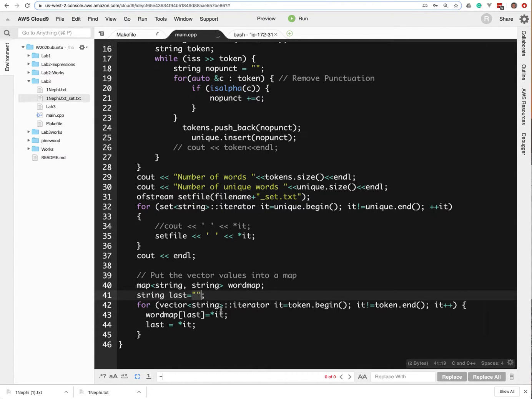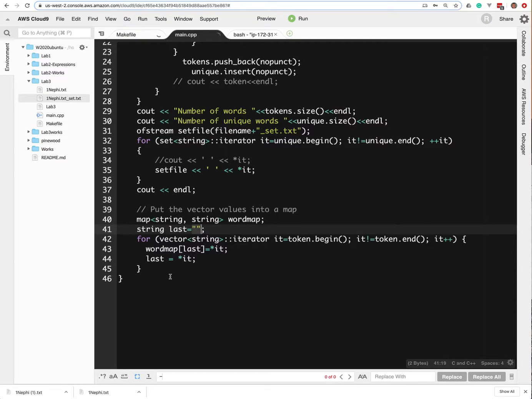Let's see, the first word in First Nephi is I, right? So then I will say word map with an empty string is equal to I. Then I'm going to update last to be I. We go to the next word, it's going to be Nephi. So the word map for I is going to be equal to Nephi. Okay? And if I wanted to, I could then use this same iterator type